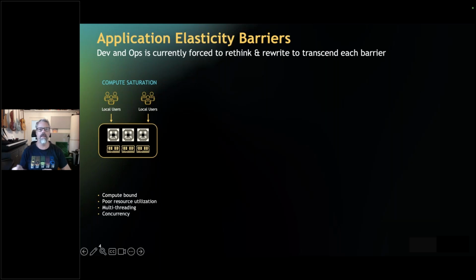It really goes hand in hand: you need to think about how to design for elasticity and how to make the most of this elastic cloud infrastructure that we all have at our fingertips today in all the cloud providers. So one can run into different barriers to elasticity, and development and operations are often forced to rethink and rewrite, unless you knew everything when you started writing the application, which is very seldom true.